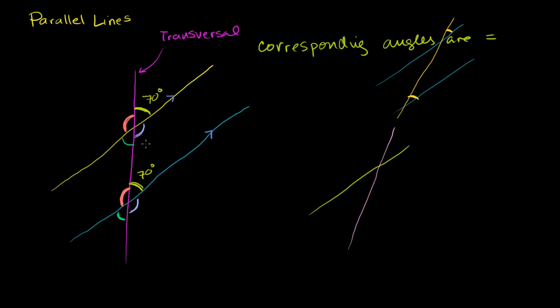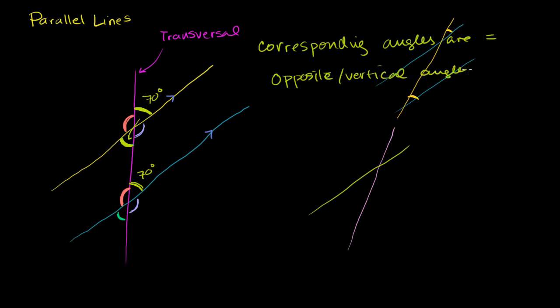Now, the next set of equal angles to realize are sometimes called vertical angles, sometimes called opposite angles. But if you take this angle right here, the angle that is vertical to it, or is opposite, is you go right across the point of intersection, is this angle right here. And that is going to be the same thing. So we could say opposite. I like opposite because it's not always in the vertical direction. Sometimes it's in the horizontal direction, but sometimes referred to as vertical angles. Opposite or vertical